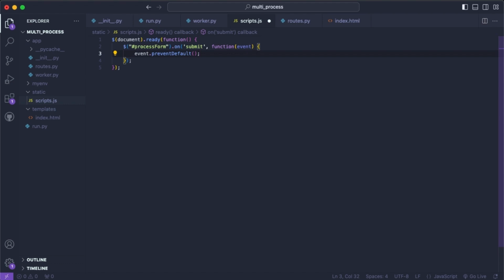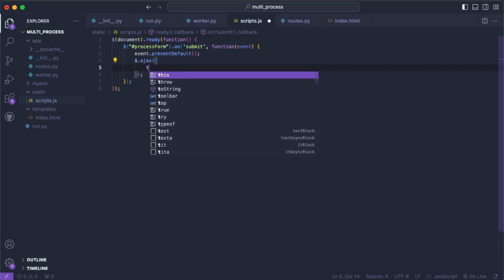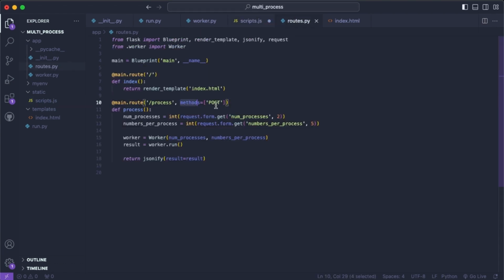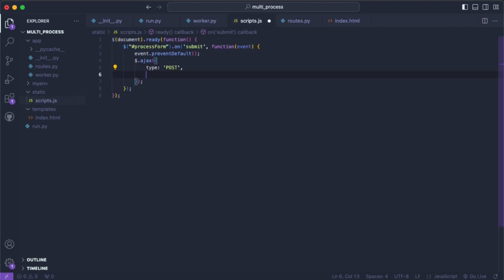So if we stop this from happening, then we can have the AJAX request run in the background, grab the data, and then output it in the front end, all without actually refreshing the page, because when you refresh the page, you lose the data that you retrieve back. So we'll say $.ajax, and then in here we need to create a JSON variable, and we are going to just say type, and this will be post. So this is the post function, which will match up to this process, the method of being post. We'll say URL /process,